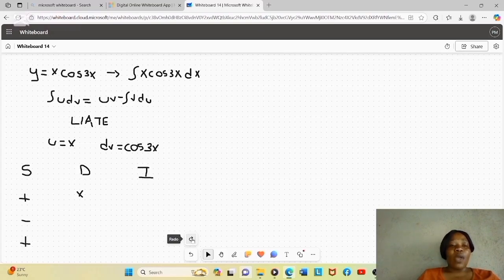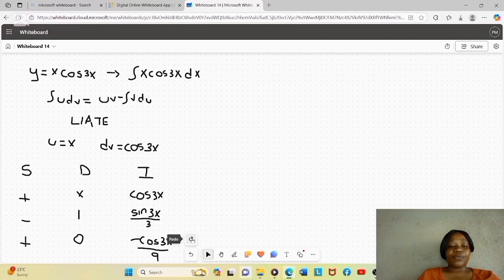Our u is equal to x. When we differentiate x, we obtain 1. Then we differentiate what we obtained, and we get 0. Since we got 0, we stop here. Then we go to the integration. From dv equals cos 3x, when we integrate cos 3x, we get the positive sin 3x over 3. Then when we integrate what we have, we get the negative cos 3x